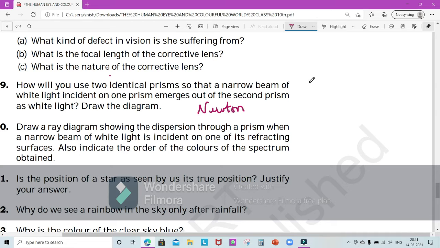Previously many people believed that the prism is the one that is producing the different colors by itself. It's the one that is producing VIBGYOR, right? But Newton wanted to prove it wrong. He knew that it wasn't because of the prism, but that it's the white light that is splitting. So how did he explain it? I'll tell you. First we have our prism. Let's keep some space. Okay, so this is the normal.